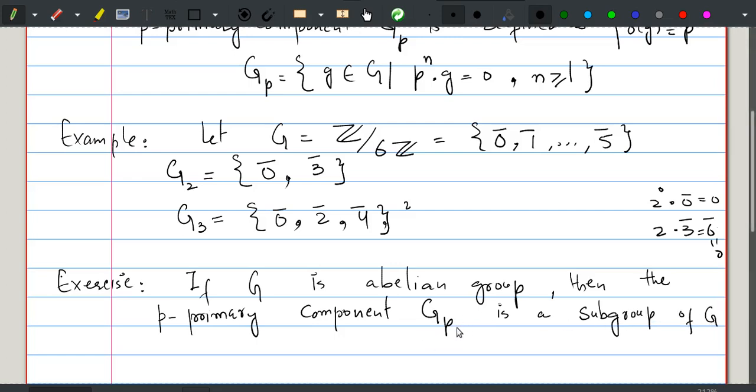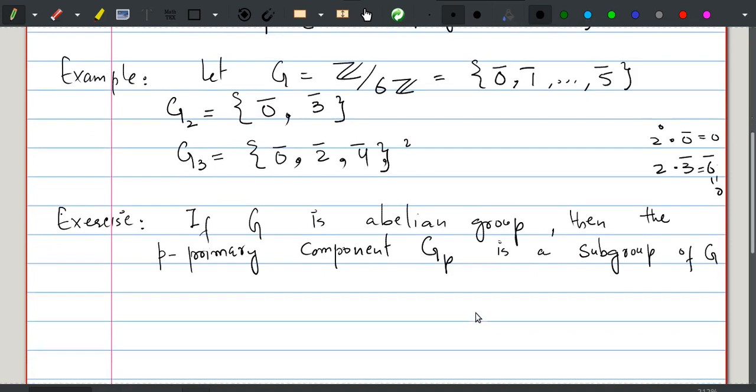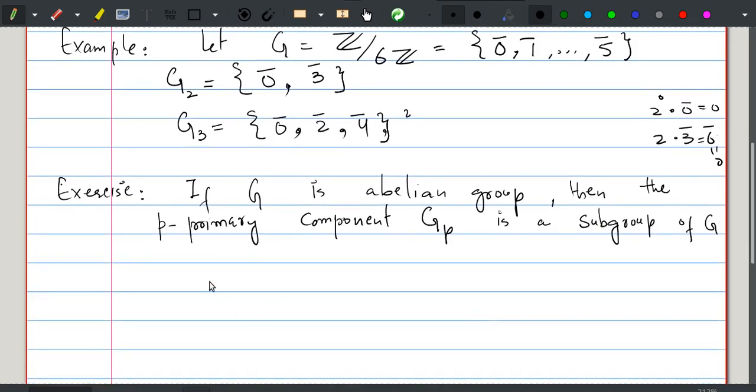So this is a subgroup of G for every prime p. It is easy to prove this exercise, because if we have two elements a and b in G_p, to prove G_p is a subgroup, we have to prove a minus b is in G_p. Now if a is in G_p, so a is of the form